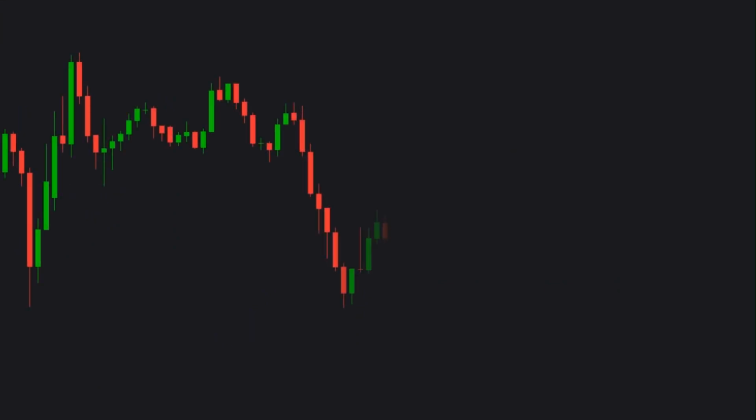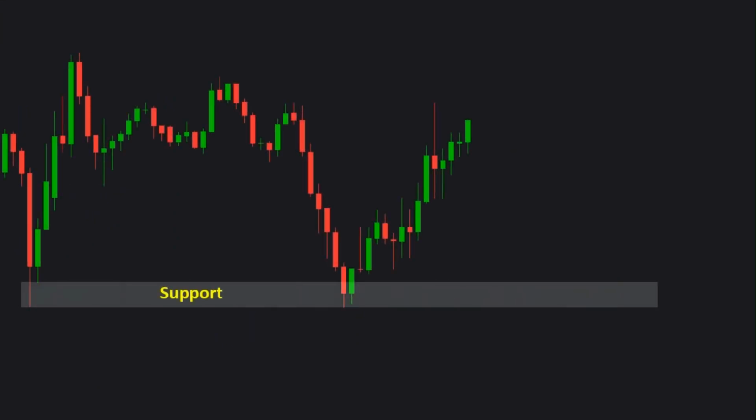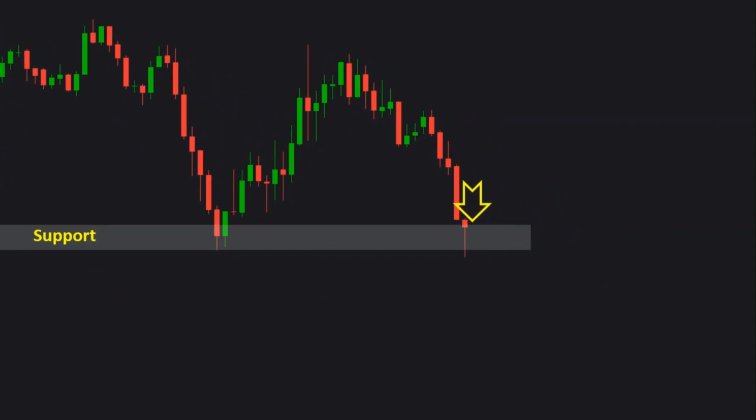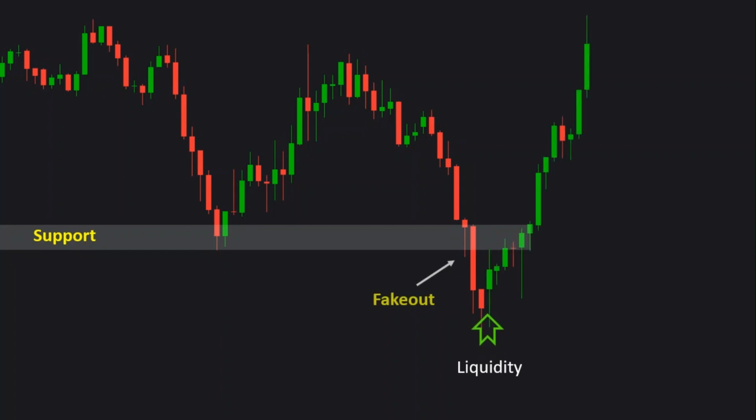In price action trading, breakouts are both opportunity and danger, and one of the most common traps traders fall into is chasing a breakout that turns out to be false. These situations, known as fakeouts, occur when price appears to break through a key level, only to quickly reverse and trap traders on the wrong side. Recognizing the difference between a real breakout and a deceptive move can drastically improve your trading results and protect you